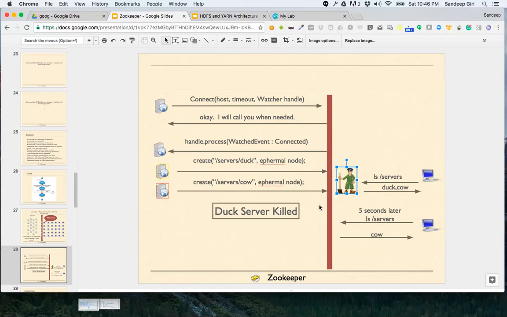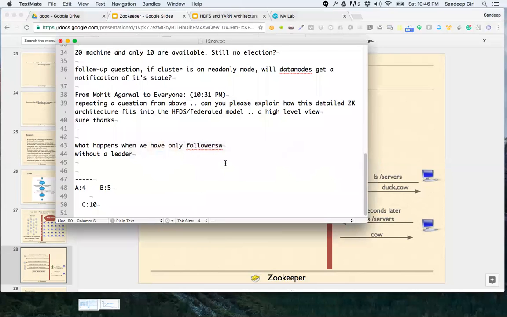The name node goes to Zookeeper and checks whether there is any other name node registered. If it's registered, then this name node will mark itself as standby. In case there is no name node available right now, it checks, and there is no name node registered yet. Therefore, this node will become the name node. All right, so that's how the swapping will keep on happening. Did I make sense to you? Was I able to answer your question?